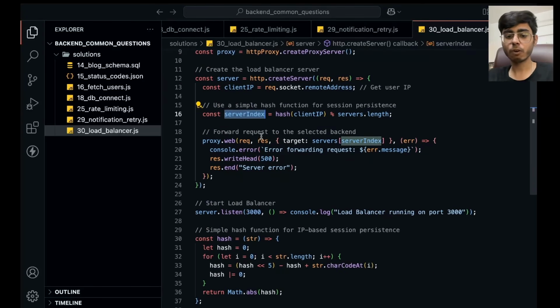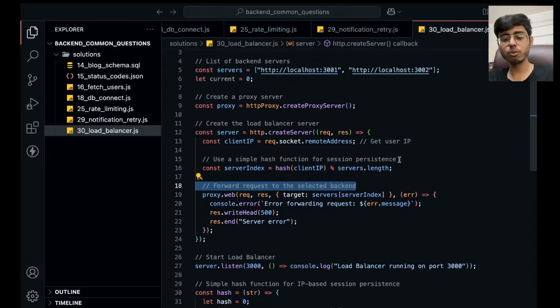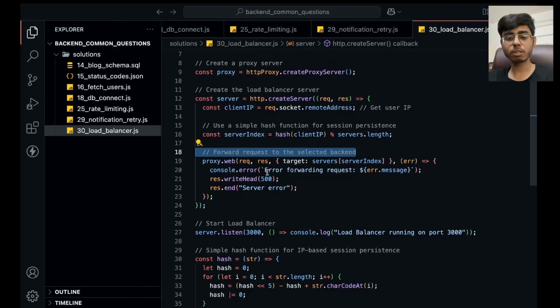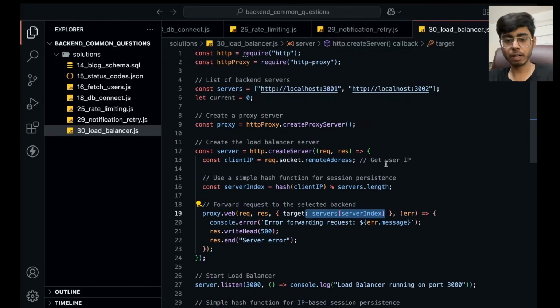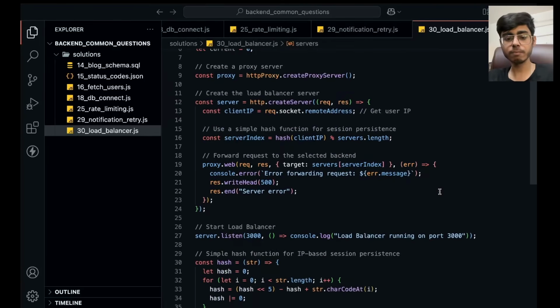Then proxy.forward request to the selected backend, right? So whatever backend you chose, either port 3001 or 3002, you have to forward the request from this load balancer to your server which you selected right now. So proxy.web with request and response. Target will be this URL. In real cases, you will have a real URL, domain name.